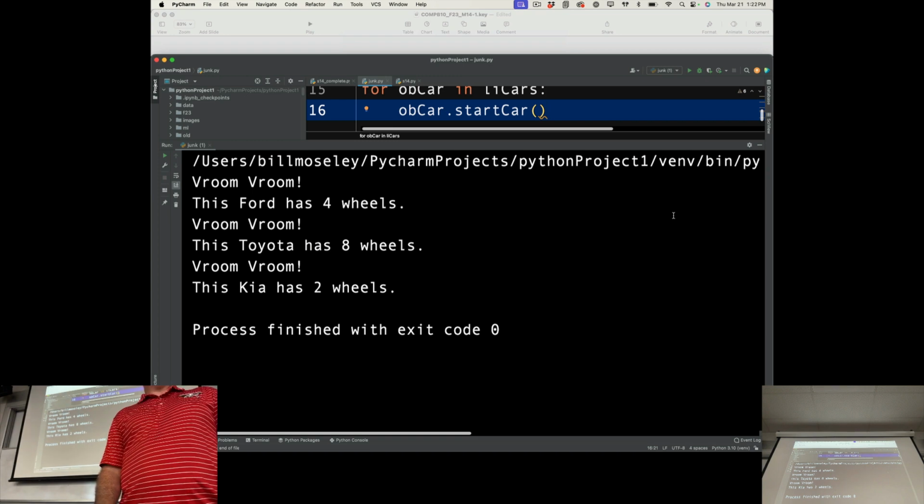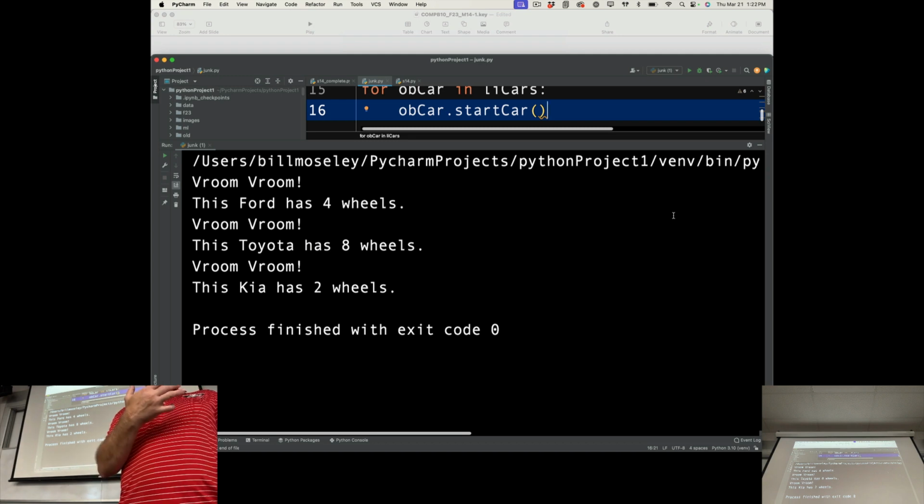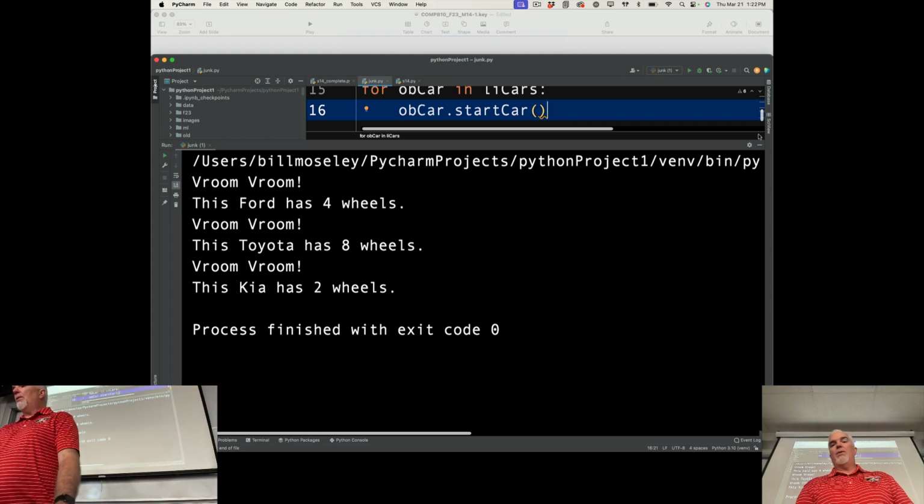I could use something like that to search that list of cars and return only the ones that match those criteria. So there's a bunch of things you can do. Putting them in a list like this gives you a lot of power, but